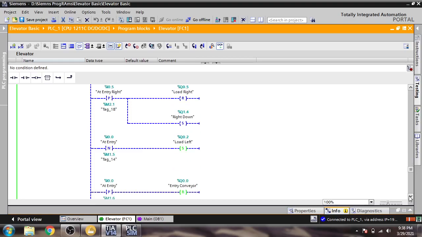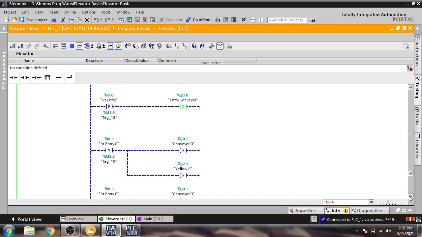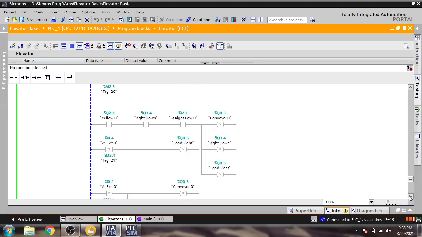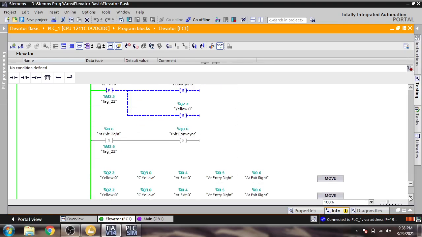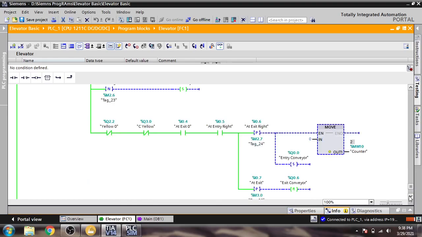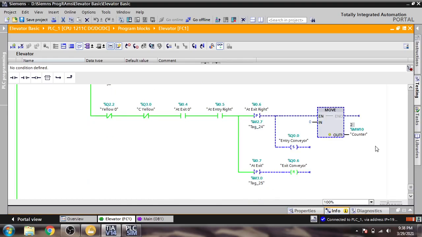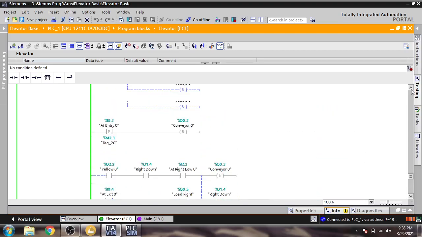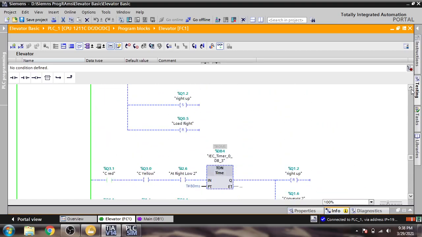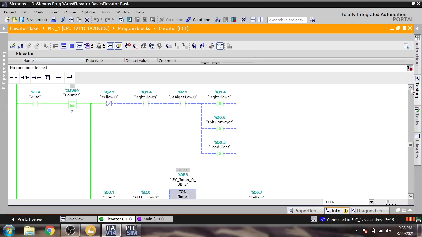Now you will see that in the end we follow the same thing. You will see move 0 to counter.